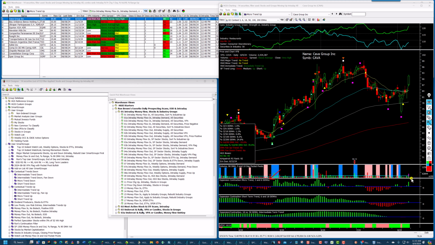You can see that 3 days ago it turned positive, and now it has turned into a short-term trend up because the 3 is above the 6 and also the 6 is above the 18. But for the past 3 days, this stock would have passed the micro trend up filter